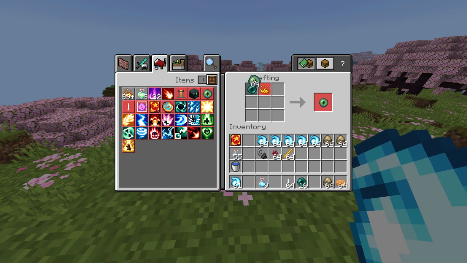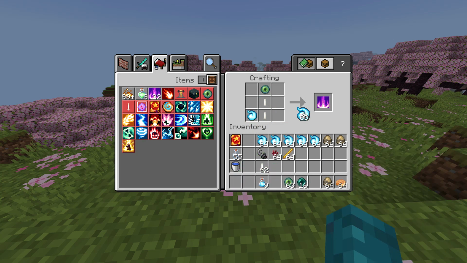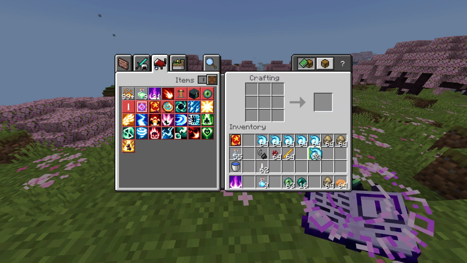So, alright, we gotta go here with an Eye of Ender. I got myself a stack of every single item as well. So we should be good to go. And then a mana mote in the corner. So I'm very interested to see if this...